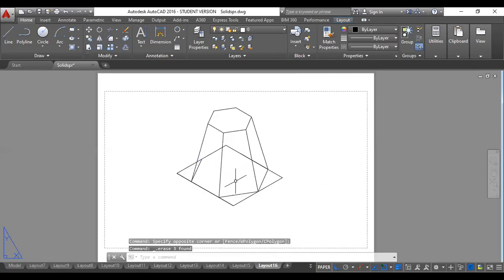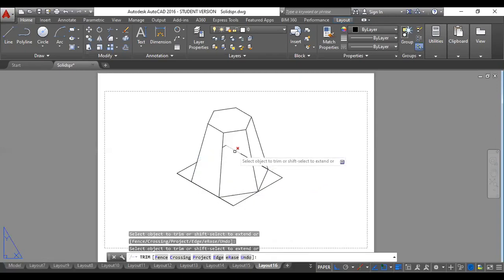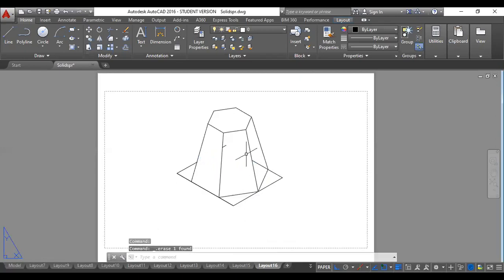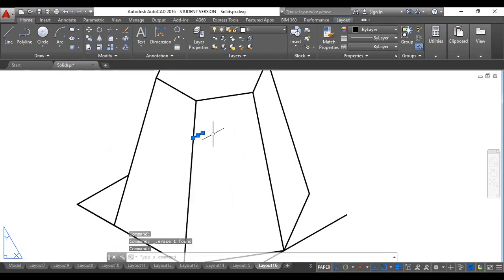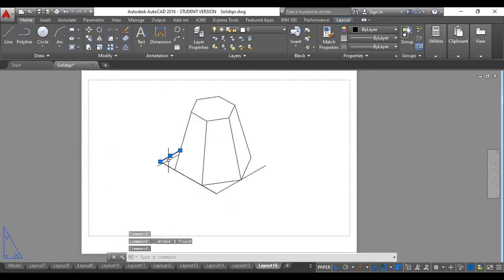In the same way, you can do it for a pentagonal pyramid and square pyramid also. Same thing you can just follow there also. Whichever lines are not visible, I'm just trimming so that it becomes more clear and visible. Okay, so that is the first term of a hexagonal prism.